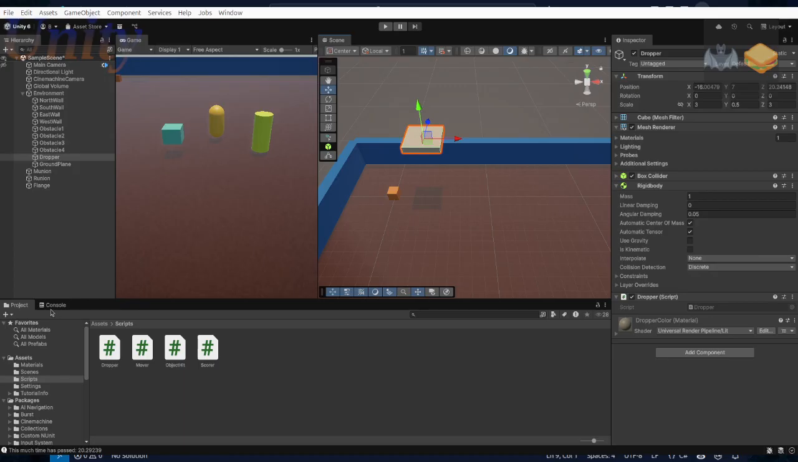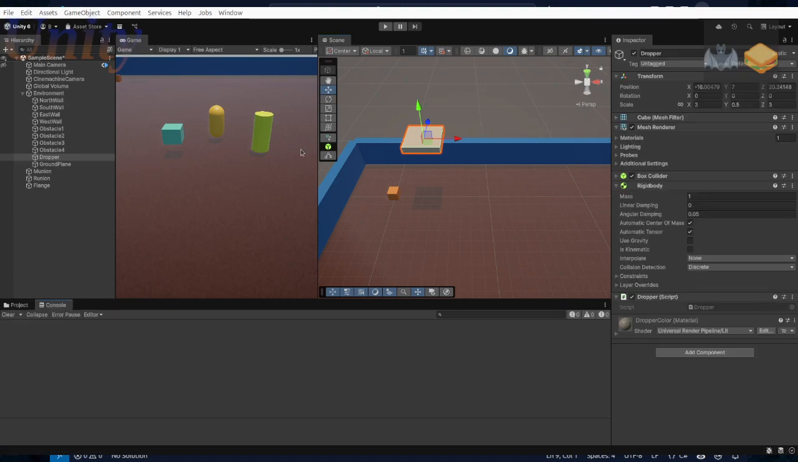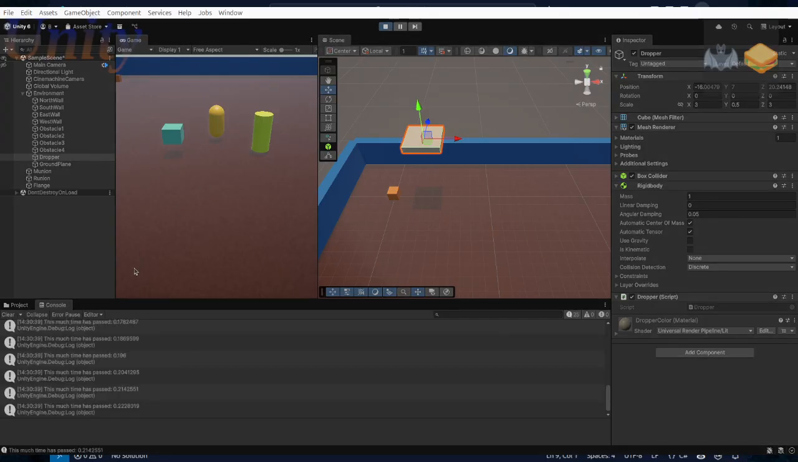And run it, get in the console, play. This much time has passed. Unity engine debug.log off of an object. Okay. And so that's working. Every frame. So now